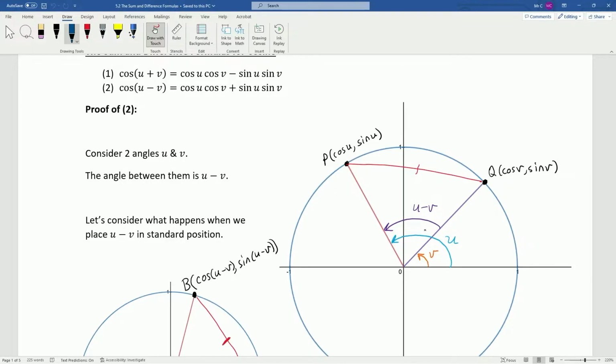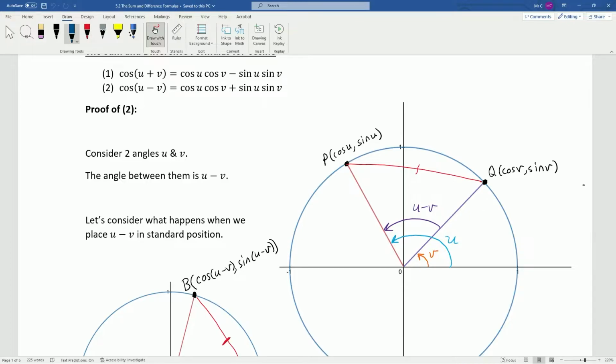So we've drawn the angle u here in blue and the angle v in orange. The angle between them is u minus v, right? We take all of u and we subtract the v portion, so that makes this angle u minus v. And notice here that we plotted 2 points on our circle, and those points by definition on the unit circle would be cosine of u, sine of u, and cosine of v, sine of v. Right? They are the terminal points associated with the angle u and the angle v, so those are their x